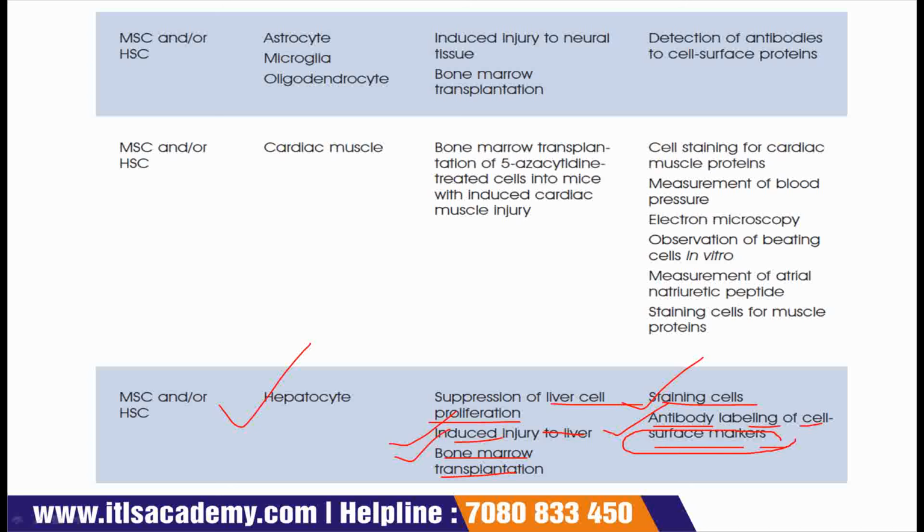Cell surface markers are something, any kind of protein or any fluorescent marker, anything that can be able to detect cells. These are present on the surface of cells and these have the capability, or we can say that they have various kind of receptors that can bind to various kind of proteins and these may be helpful in detecting many kind of cells.